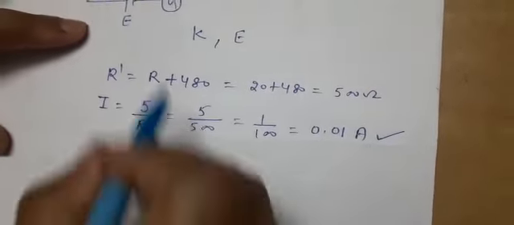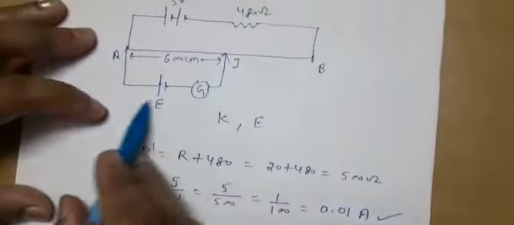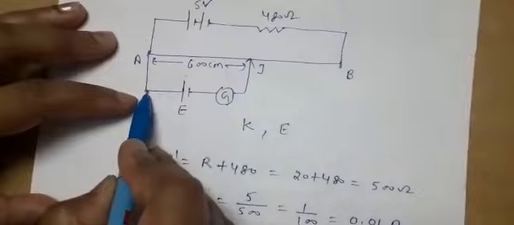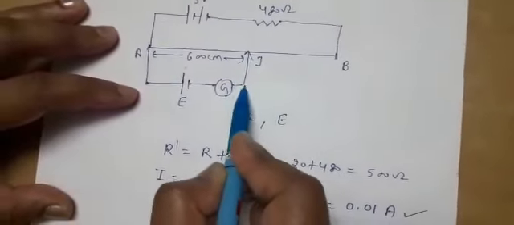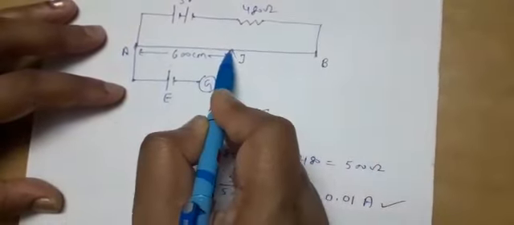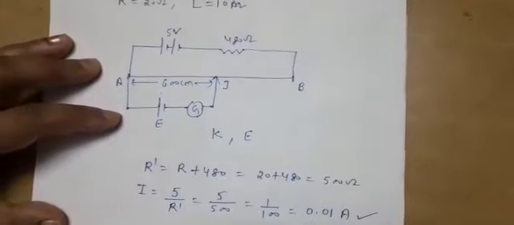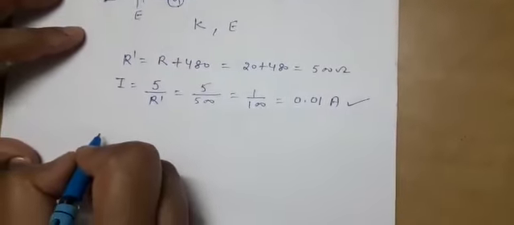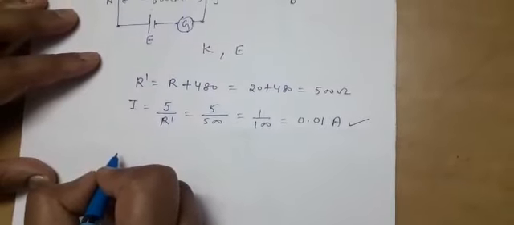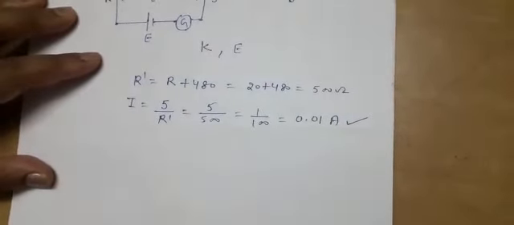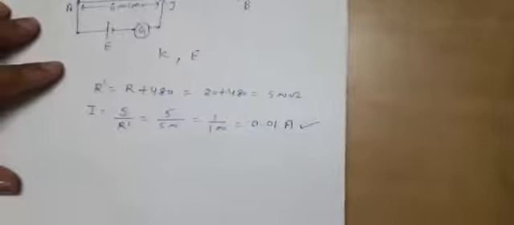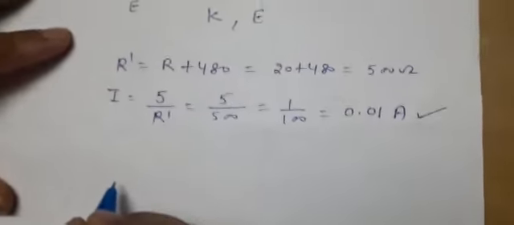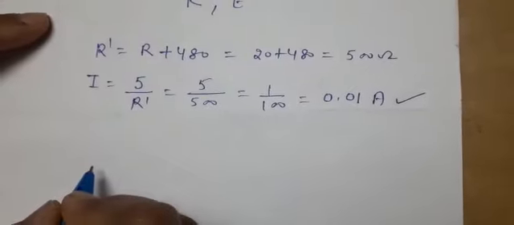Now for this particular case, there is no current through the cell. Why? Because the galvanometer is showing no deflection. It means the potential drop across this cell, across this point, will be the same as the potential drop across this balancing length. So first of all you have to calculate the potential drop across the entire length of the wire. Why? Because that will help you to calculate the potential gradient. As the total length of the wire, that is 10 meter, has a resistance of 20 ohm.